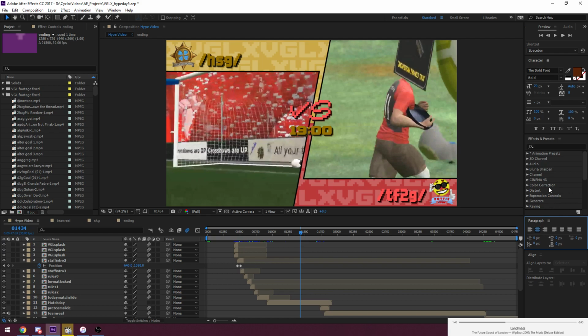Paragraph, this is also useful for text. If I want my text to be centered, left aligned, right aligned, it's all there. If I want some indents, some stuff like that, it's also there. And then align, this is also very useful. Here everything is grayed out, but if I select something in particular,